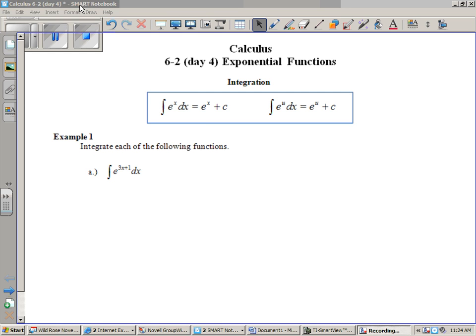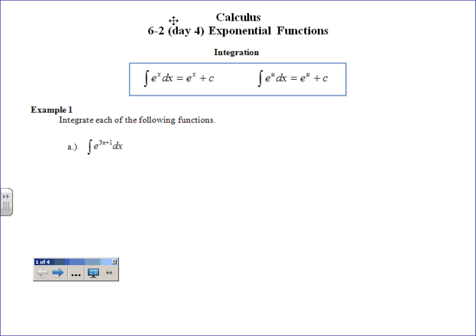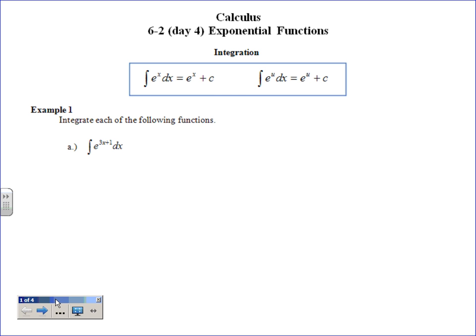All right, here is one of the reasons that we had that prerequisite worksheet, because e and logarithms and all that kind of stuff was going to find its way back in. And I think we know that e to the x is its own derivative, and if it's its own derivative, that means it's also its own antiderivative. And so I think we know this first one here, that the antiderivative of e to the x is just